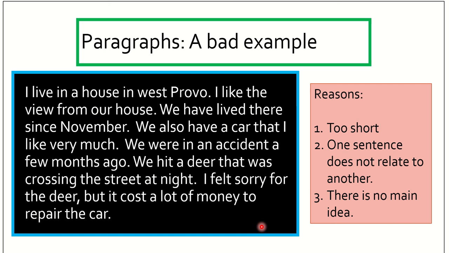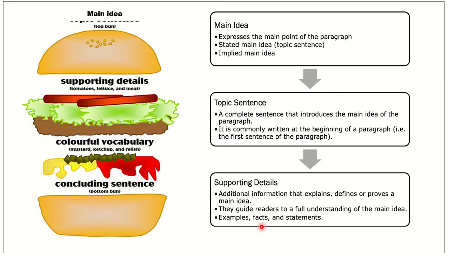Is this author talking about the house? Or is this author talking about the car? Or is the author talking about the accident? So you could not find the main idea of this paragraph. All right, so this is one example of a bad paragraph. Okay, now